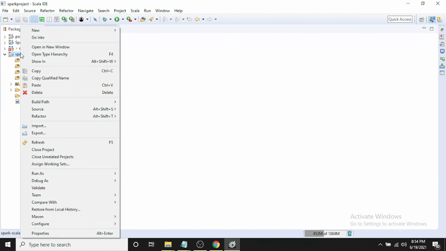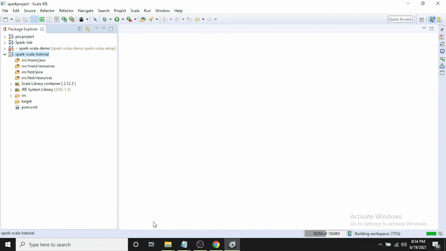Right click on the project, then Configure, and then Add Scala Nature. Scala library is added, and here we use Scala version 2.12.3.